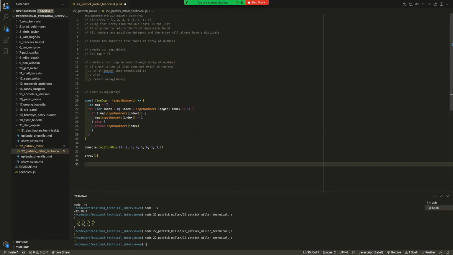And trust me, I'm the same way. I'm no different than the next engineer. But if we think about it, really what we could do is just sort this array in place, right? And then you just go pair by pair. You never have to build another data structure. The sort method is plenty fast.